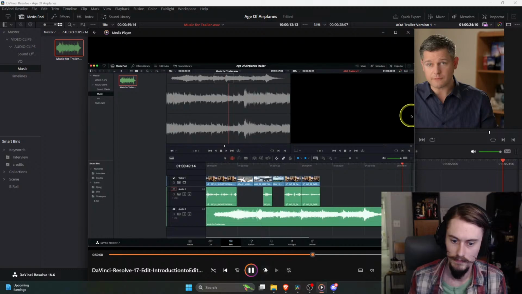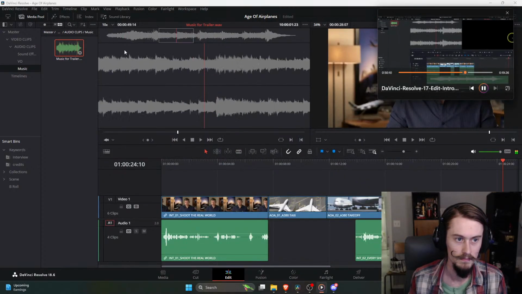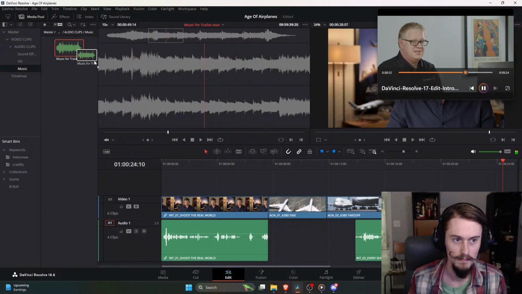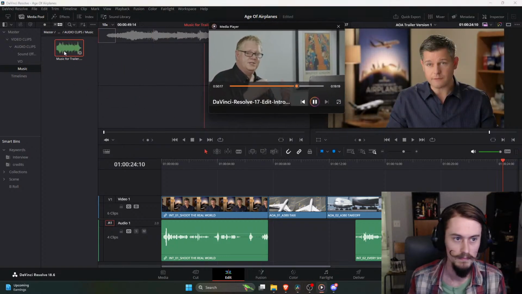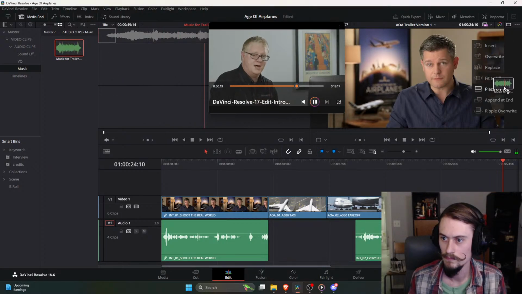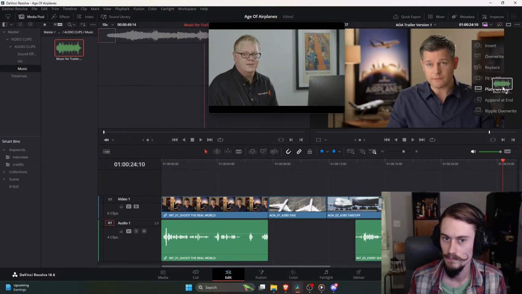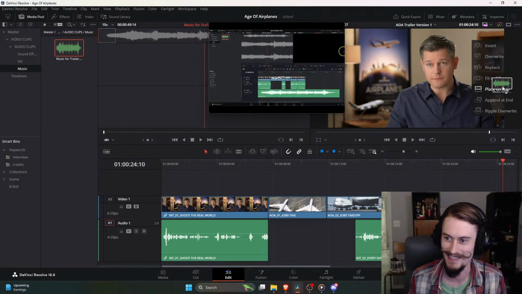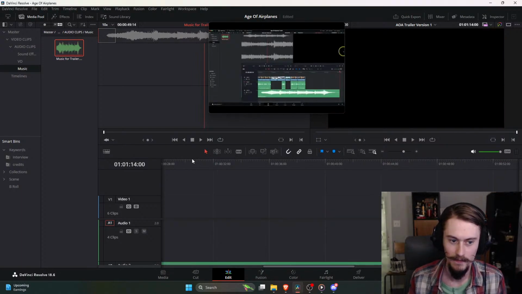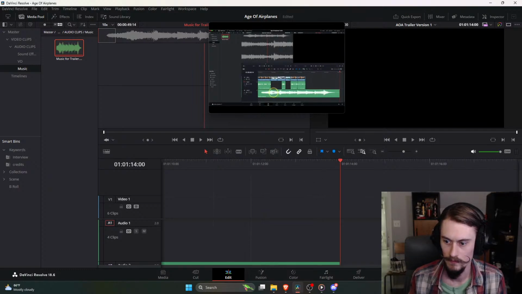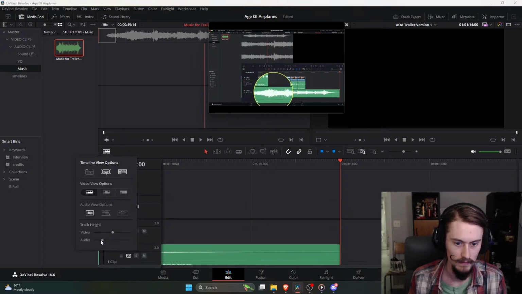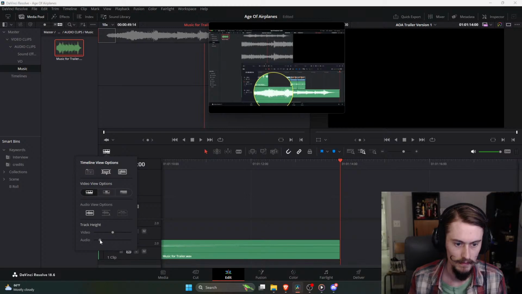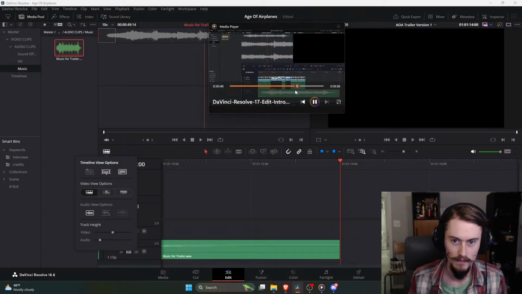This then simply creates a new audio track at the bottom of the timeline and places the clip in it. It may seem counterintuitive that I've used something called place on top to place the audio at the lower part of the timeline, but that is just the way that edit works with audio, which typically lives below the video in a timeline. This piece of music is quite loud, so I'm going to move my mouse over the clip and find the point where I can locate the volume curve on the timeline. If I now click at that point,